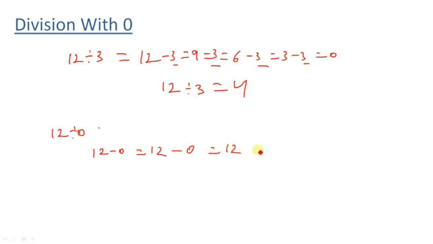Now look, if we continue, if we subtract any 0, then the result will always be 12. So can we arrive at the result? We cannot arrive at the result. So 12 divided by 0 or any number, suppose any number is a, when divided by 0, then it cannot be defined. It means we cannot find the result when something is divided with 0. Okay. So division with 0 is totally meaningless. Okay.